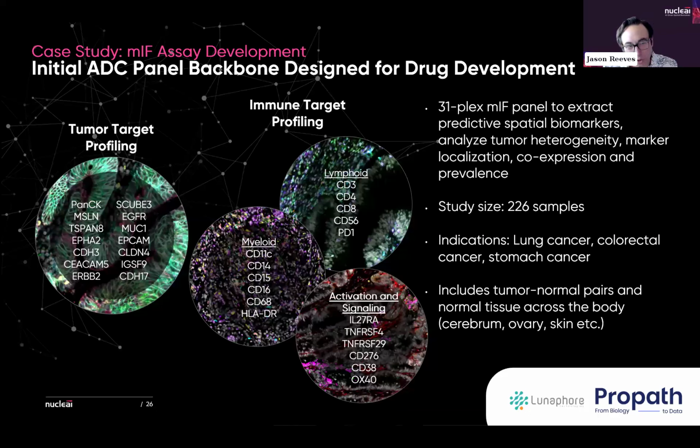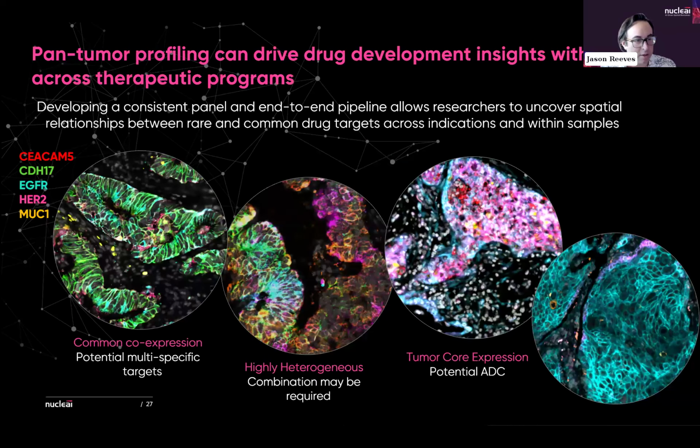And what we can capture with this type of panel is different types of expression patterns. These can be common co-expressors, ones that might be beneficial for developing a multi-specific. They can be targets that are highly heterogeneous and that would therefore be better to develop two different drugs and combine them together to get better tumor coverage. Or they could be ones where you see consistent and relatively homogeneous expression across the tumor, and maybe the tumor core expression suggests it's a potential ADC. Each of these are types of examples that we see within these patients based on the different staining patterns that we observe. But